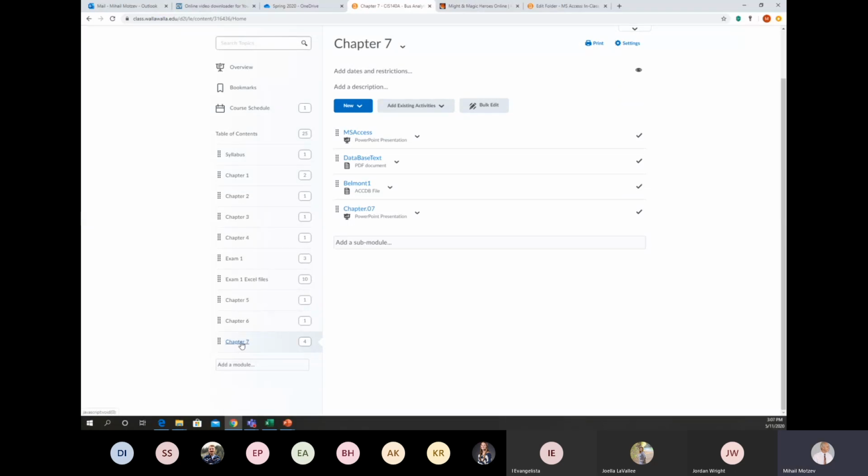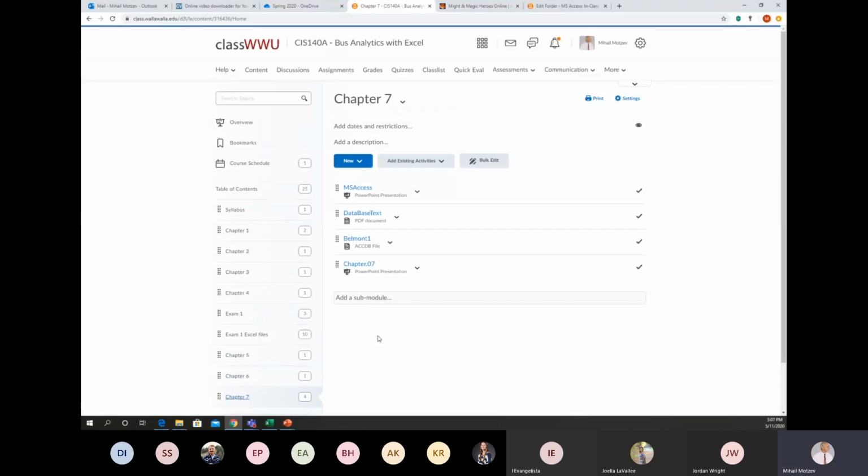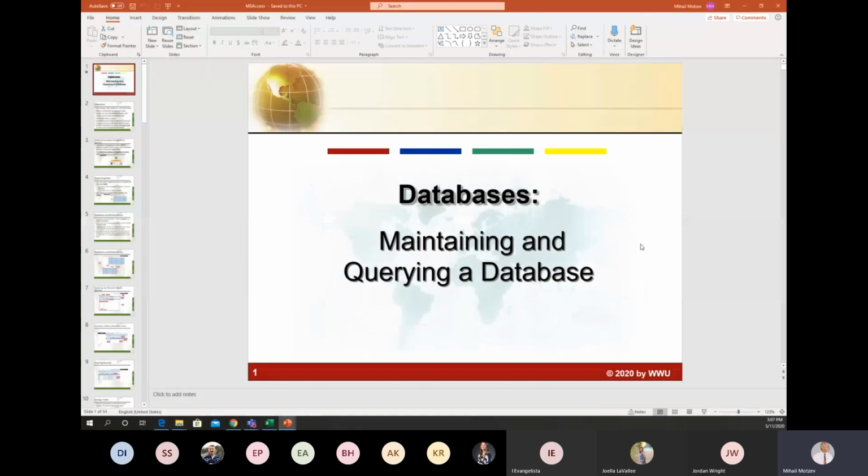Content menu, then Chapter 7, and Microsoft Access PowerPoint. You can download it. This is the first thing that you will need. And of course, very soon, we'll use the Microsoft